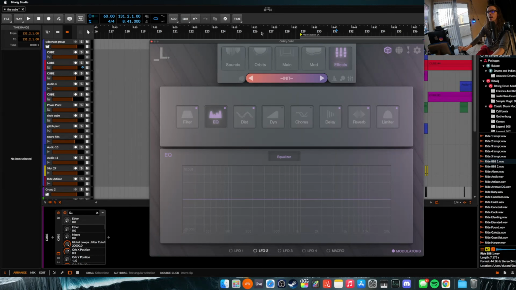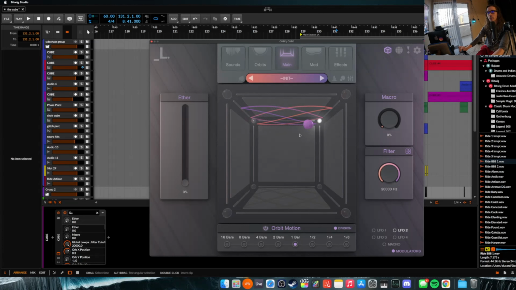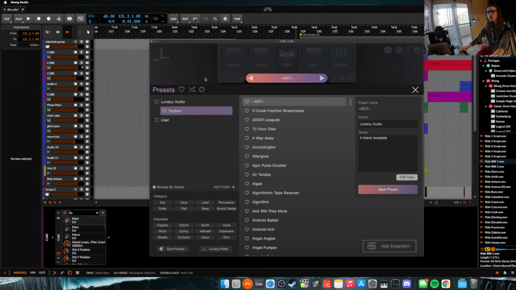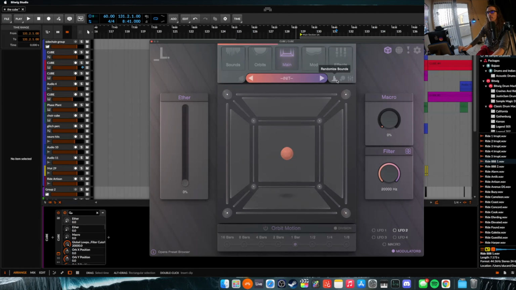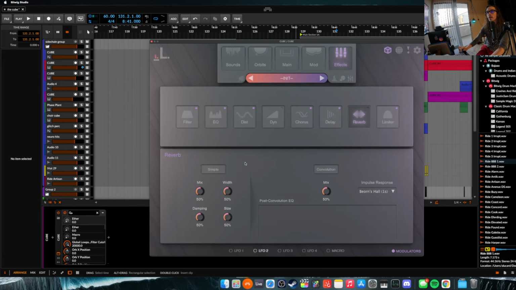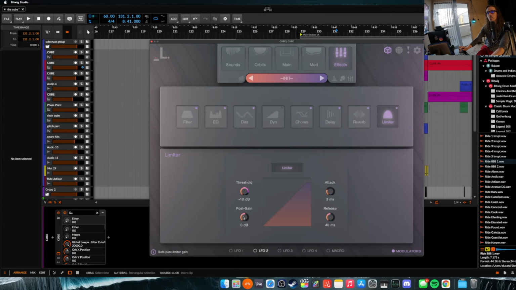So at a glance, the thing that is really cool about this is that it's really easy to just get stuff up and going. Again, you can initialize this, randomize this, randomize that, see what comes out. This is already usable to me. So if I came into here, I added some reverb. Again, I'm going to have to turn this up a bit, but